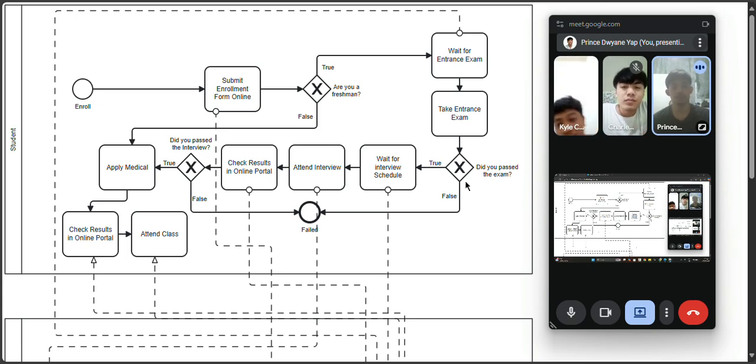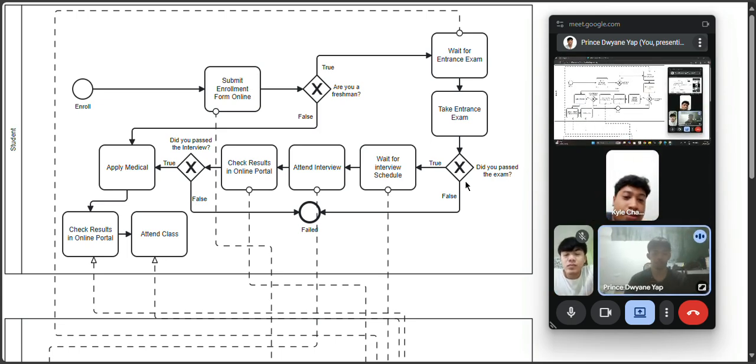Good day, everyone. We're here to present our BPMN 2.0. For our group work, we analyzed our as-is enrollment process and identified several inefficiencies that cause delays and bottlenecks. After that, we created a to-be process to improve it using system integration. Mr. Kyle Angeles will tackle the inefficiencies that we found in our system.